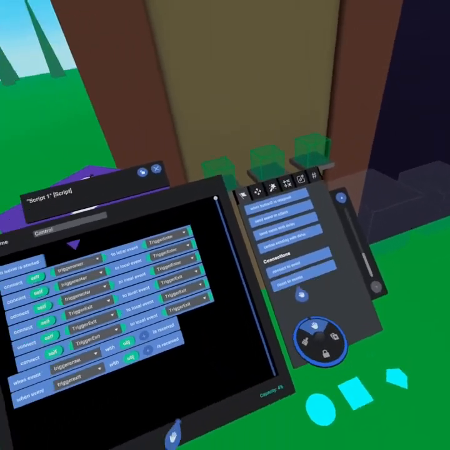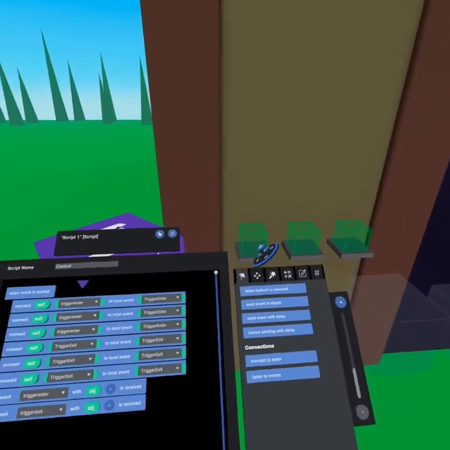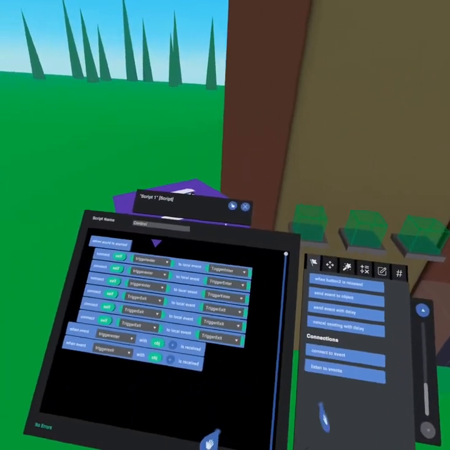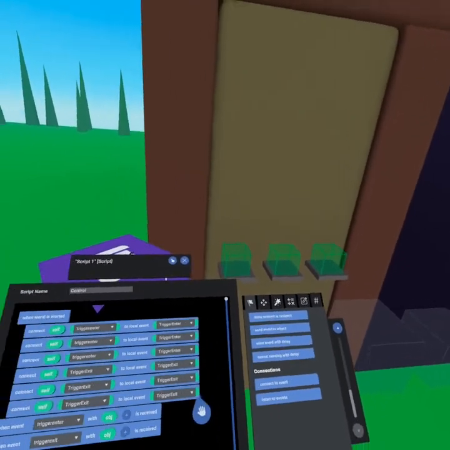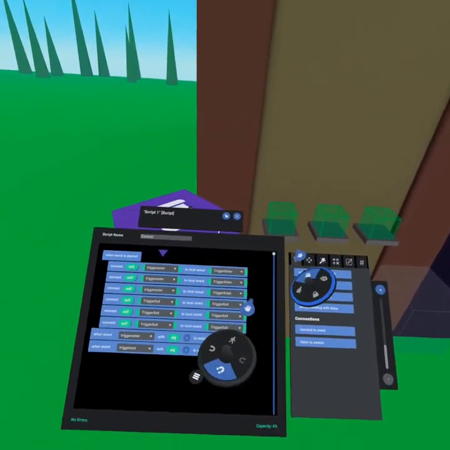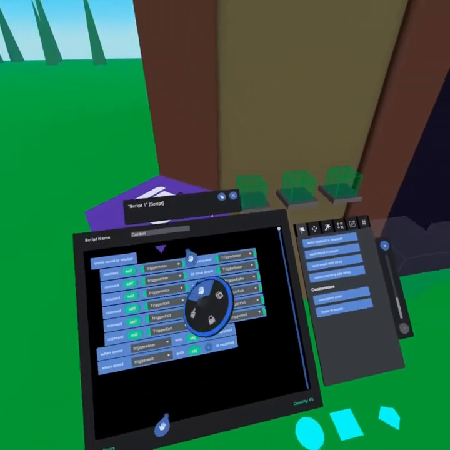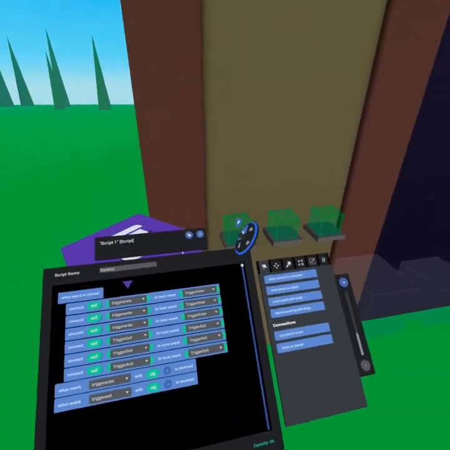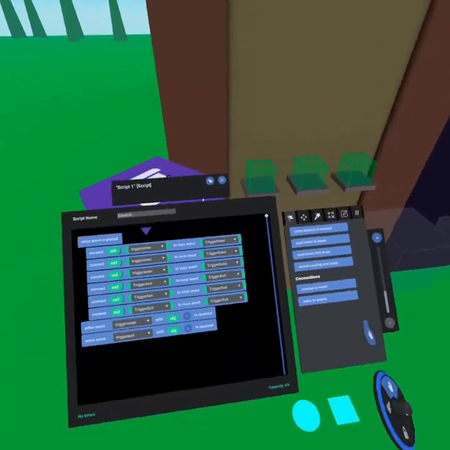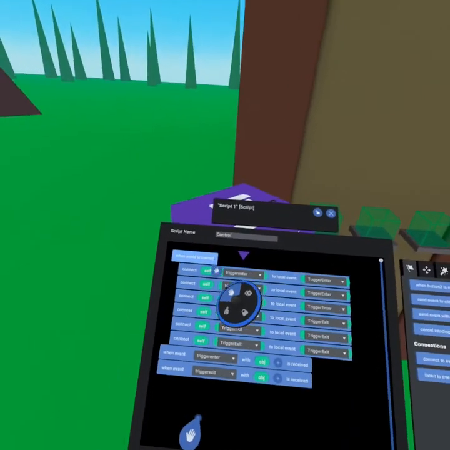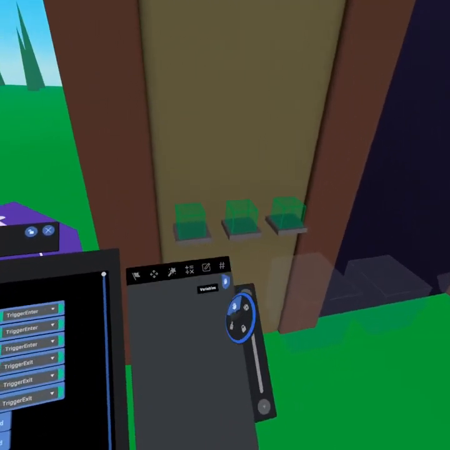Now we could use listen to events and just listen to all the events that happen on the trigger, and that would make this a little bit cleaner. But if there's anything else you ever want to run on that trigger, this makes it so you're only receiving trigger enter and trigger exit, so that gives them a little bit more capability in the future if we need to. But we're not running this on self, we're not connecting to self, we're connected to 3 different objects,